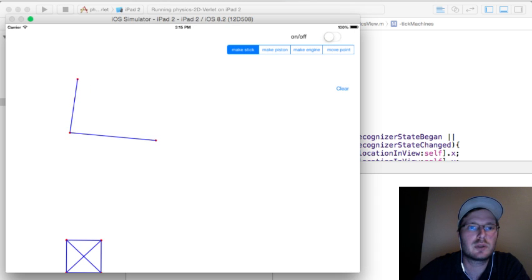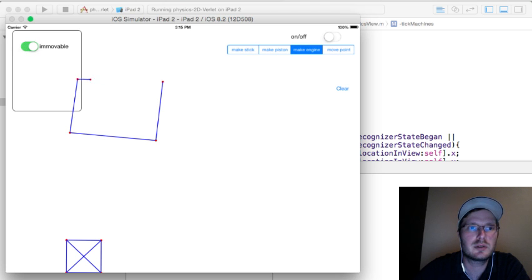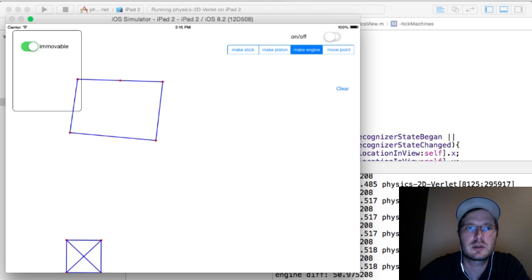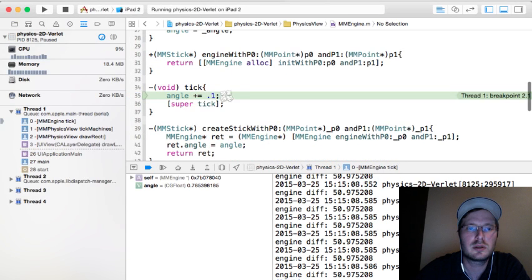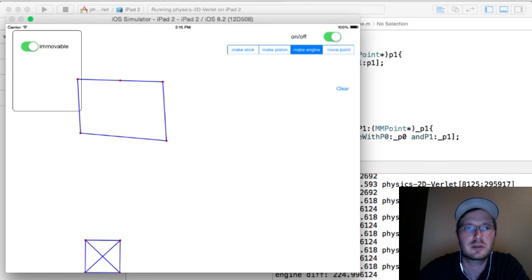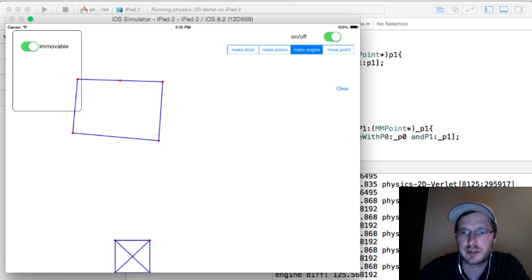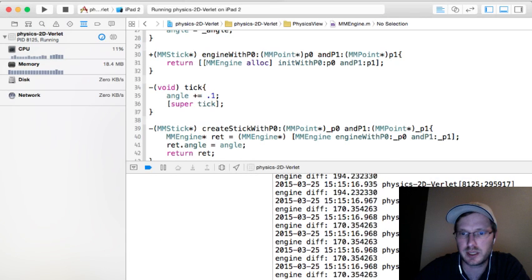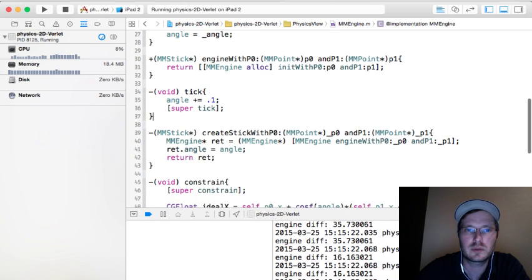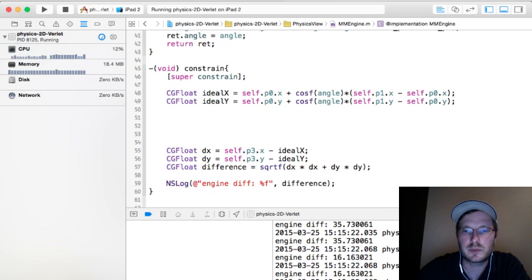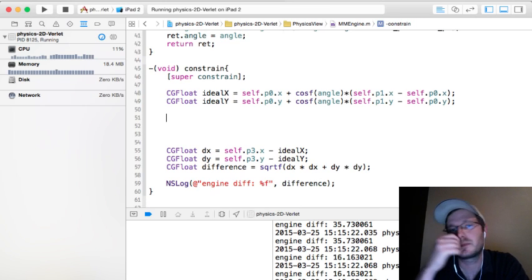So now we create our box. And we create our engine between the two things. We turn it on. It starts ticking, which is great. Otherwise, nothing's happening. But now we see it actually oscillating a little bit. Yeah, which is good. That's what we want. So if it's that many pixels off,